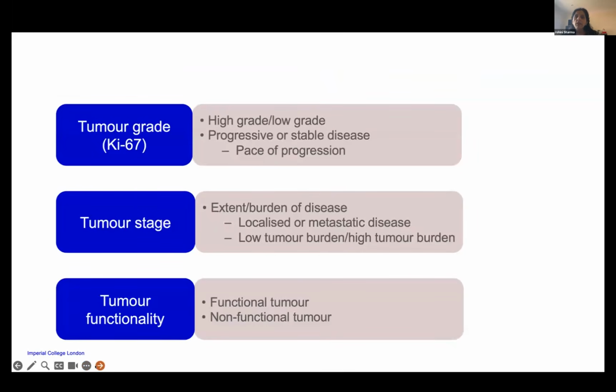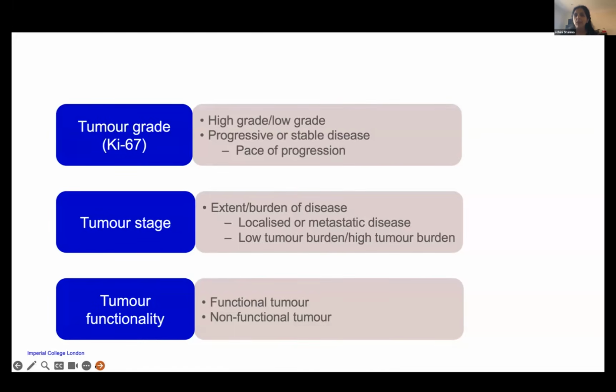So just to go back to what Dr. Wernig was talking about, these key factors really do play a role in what treatments we pick. So you need to think about the tumor grade. Is it a high-grade tumor, a low-grade tumor? And also, more importantly, what is the pace of the disease? If the tumor is a very slow-growing cancer, you might pick a drug that looks at controlling the disease rather than something that wants to try and shrink the tumor down. So chemotherapy versus somatostatin analog. So the pace is really important.